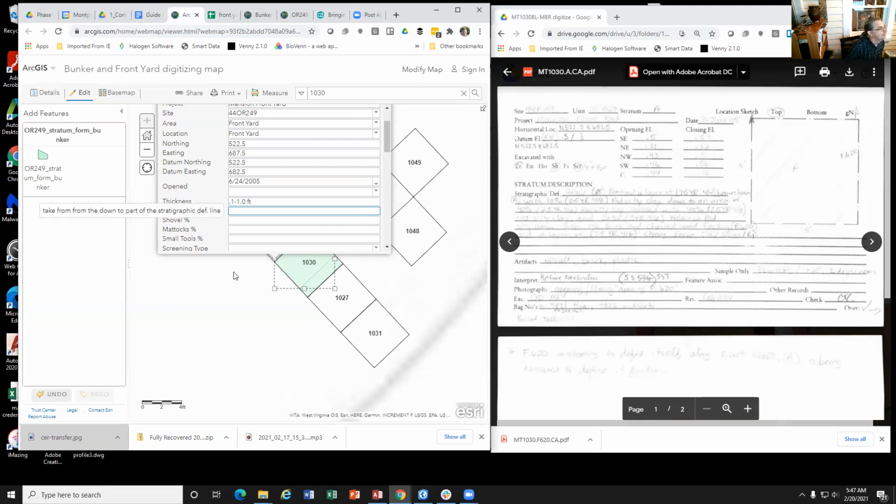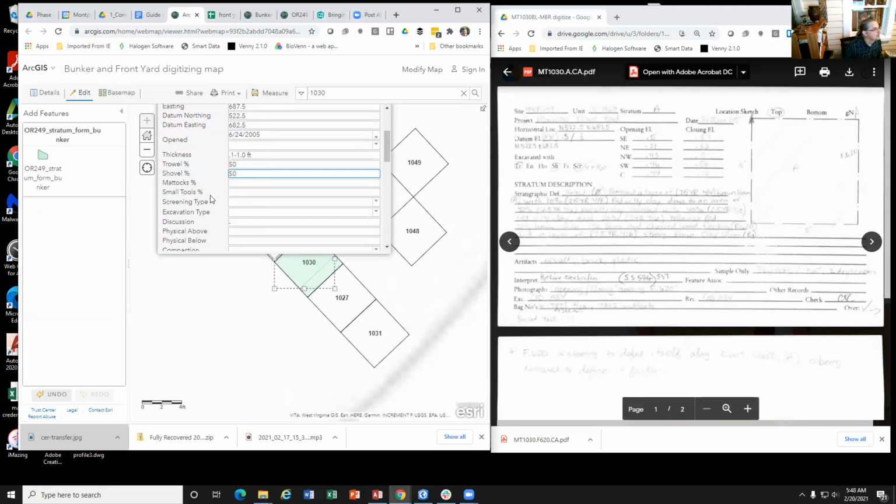And then for the next is what percentage of trowel versus shovel and mattocks. And the mattocks is the pick. This is trowel and trenching tool, hoe, shovel, and pick. And there's only two circled here, trowel and shovel. So I'm going to divide those 50%. So the trowel will be 50 and the shovel will be 50.